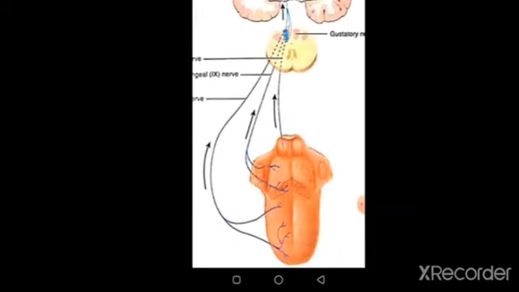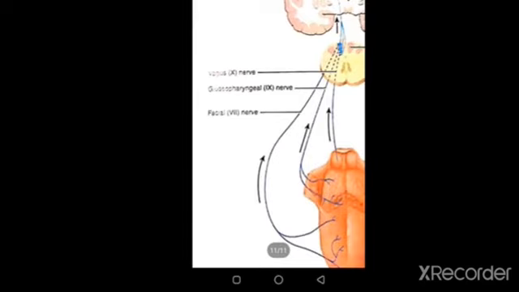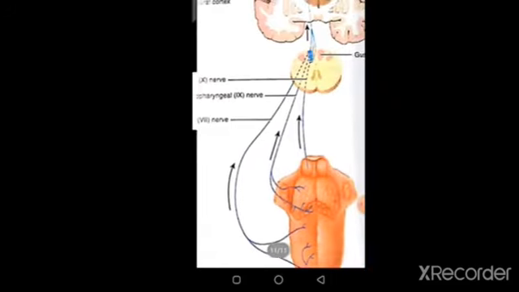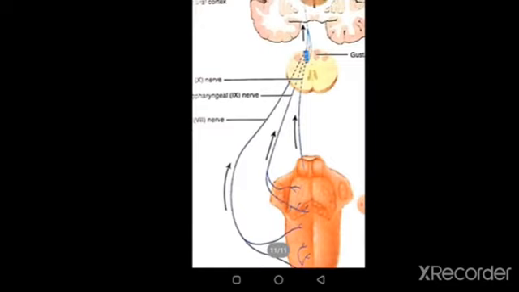As you can see, this is the tongue. So these 3 nerves, you can see the 7th facial nerve, the 9th glossopharyngeal nerve, and the 10th vagus nerve, are taking the sensations of the various tastes to the gustatory nucleus in the medulla oblongata. From the medulla, some axons carrying the taste signals project to the limbic system and the hypothalamus, and others project to the thalamus. Taste signals that project from the thalamus to the primary gustatory area in the parietal lobe of the cerebral cortex give rise to the conscious perception of taste.